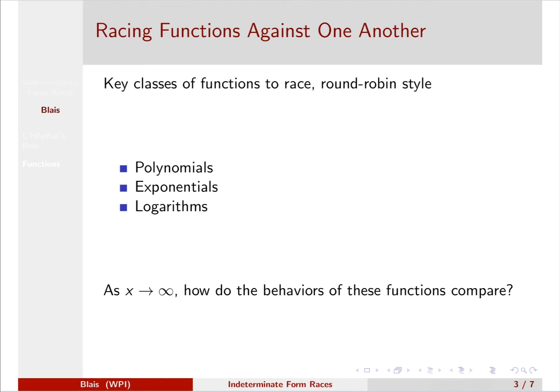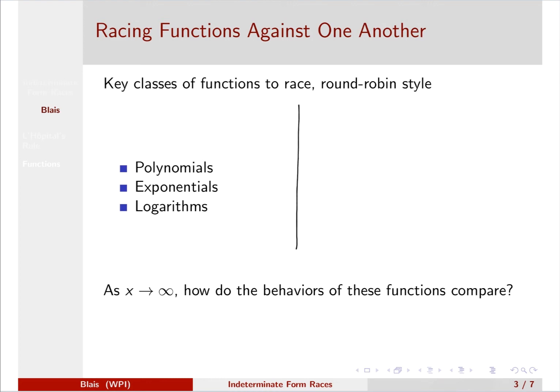This becomes very handy when we study the topics of convergence of sequences and series. So the issue of how functions race against one another as, say, x goes to infinity will matter, and the three functions that we will race against one another now, round robin style, will be polynomials, exponentials, and logarithms. And if you think about